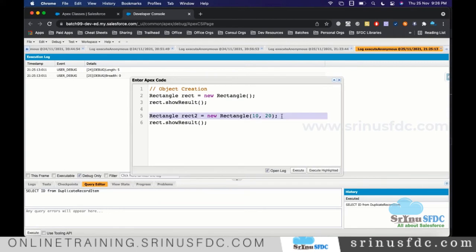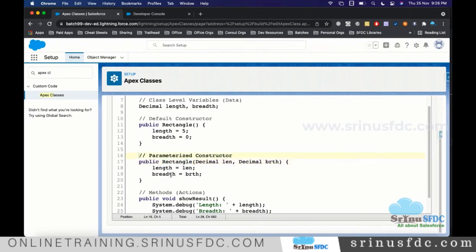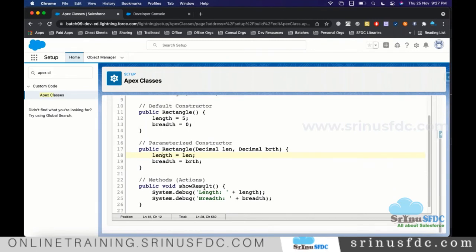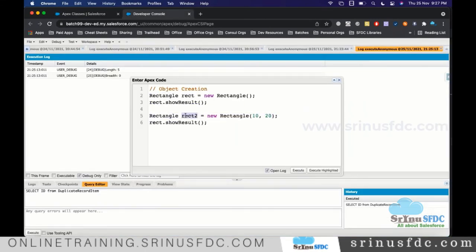So when this statement is executed, what will happen? When this is executed, it is going to call this one, and the length is 10. It will assign the length as 10 and the breadth as 20, whatever we are supplying. Now after that, if you call this, you'll be seeing length as 10 and breadth as 20. Okay, let's see. Right, when you call, you need to call with this object name, right? So if you forget to change it and give it like this, we are operating the first one, not this one, right?